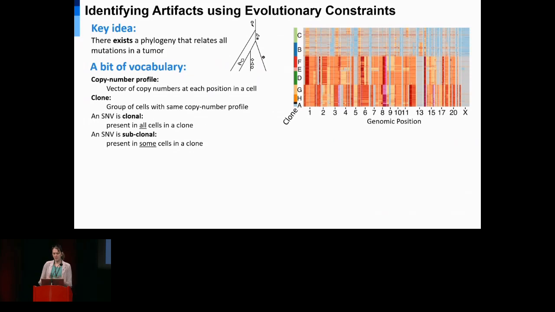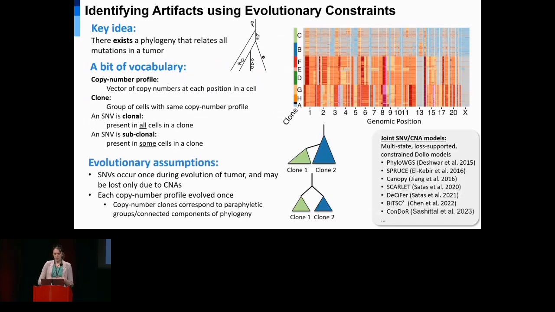Then an SNV is said to be clonal if it's present in all cells in the clone, and it's subclonal if it's present in some cells of the clone, but not all. Given that vocabulary, we make two evolutionary assumptions. And these assumptions don't come from nowhere. They're actually completely consistent with a lot of recent methods that have been developed to do joint SNV and copy number phylogenetic models. And those assumptions are first, that single nucleotide variants occur only once during the evolution of a